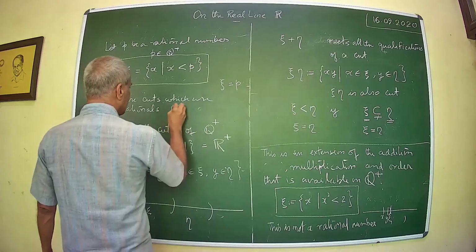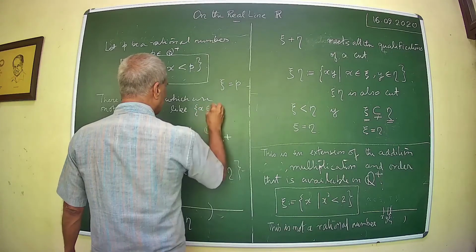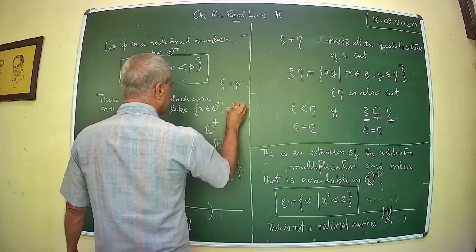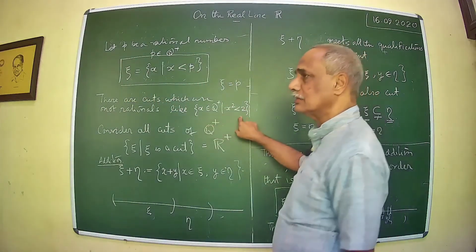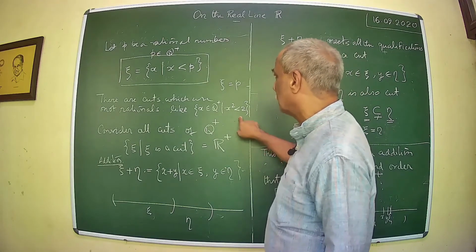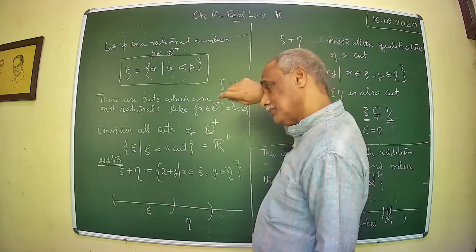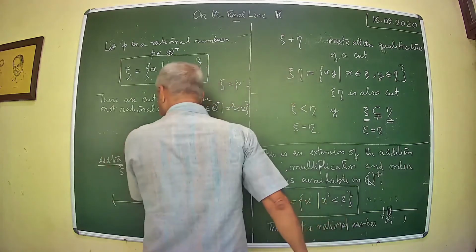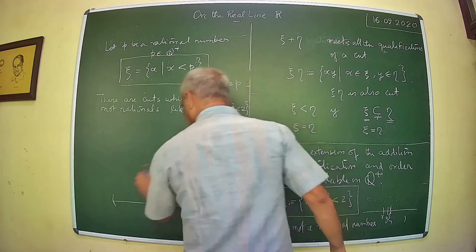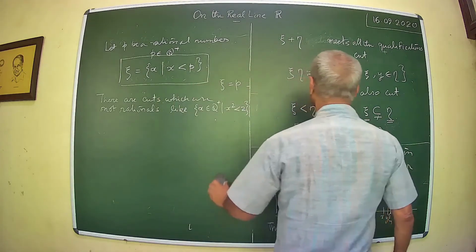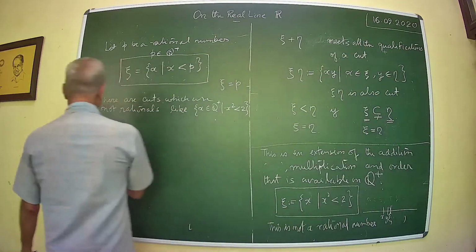Like the set of all x belonging to Q plus such that x squared is less than 2. Two things have to be proved. First of all, this set is a cut, and then show that there does not correspond any particular p for which this can be written as x less than p. Okay, therefore this is not a rational number. So there are some additional things that come, and then of course on the new class of objects that you have created, you can define addition, multiplication as here, and the order relation can be there, and then one can verify